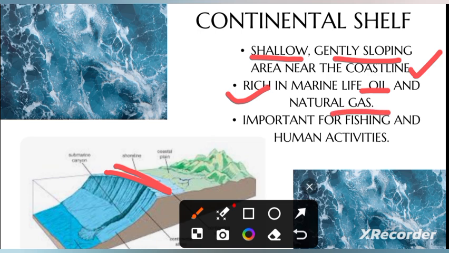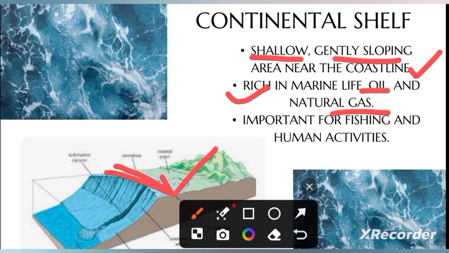So beta, this place in the continental shelf, in the structure of the ocean floor, has immense importance, because the majority of people are not going deep down in the ocean, right? But 90% of the people are visiting beaches, so this is the feature they visit the most. Because as a human, if I talk about myself, in my life I have only seen the continental shelf, I have not seen beyond it, so there will be many others like me. Obviously not everyone is going deep down in the ocean, right?